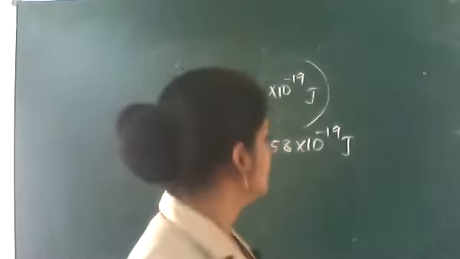What was the value obtained that day? The value obtained was minus 4.58 into 10 to the power minus 19 joules. This is delta E. Delta E is equal to h nu. Nu is equal to c by lambda. I am reading the question once again. What are the frequency and wavelength? Of course, frequency they have to find out. So for frequency, that is nu. That we haven't calculated.